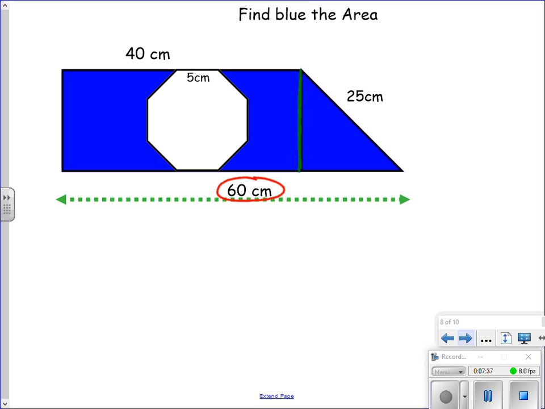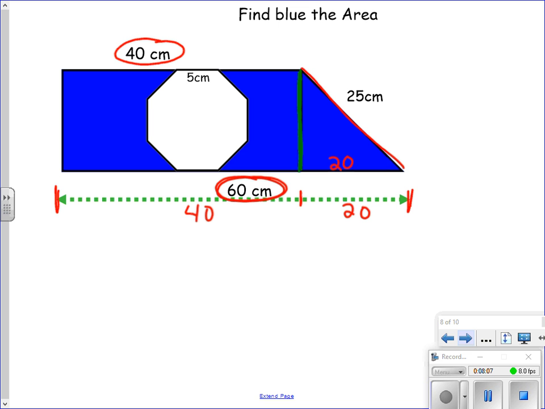We've got 60 and we've got 40. If this whole distance is 60, sorry, and this distance is 40, then this distance must be 20, because it has to make 60. So if this is 20, and this is 25, then we can find this height right here